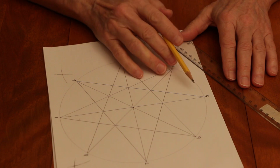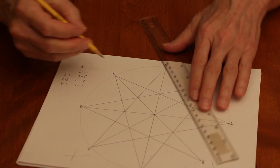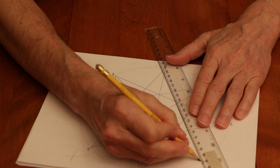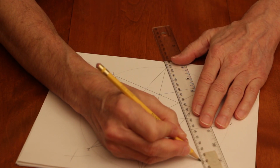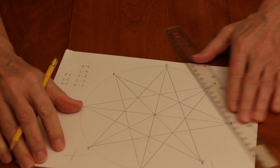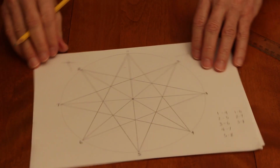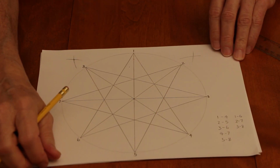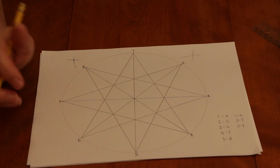There. Looks like I have only one more line to draw. 5 to 8. Voila. I'll turn it this way so you can see the numbers right side up. Now,